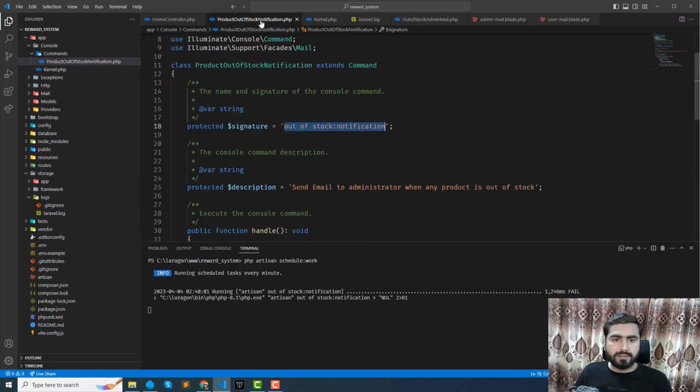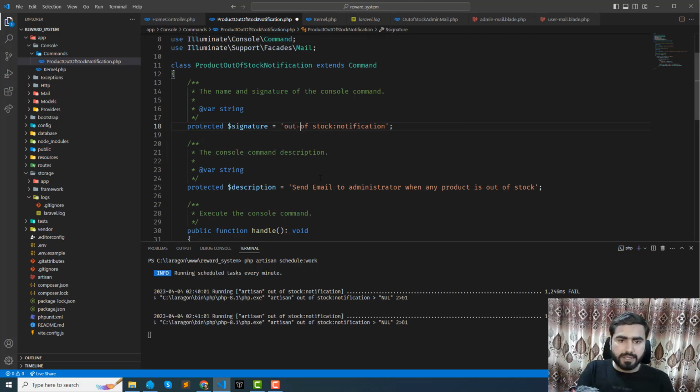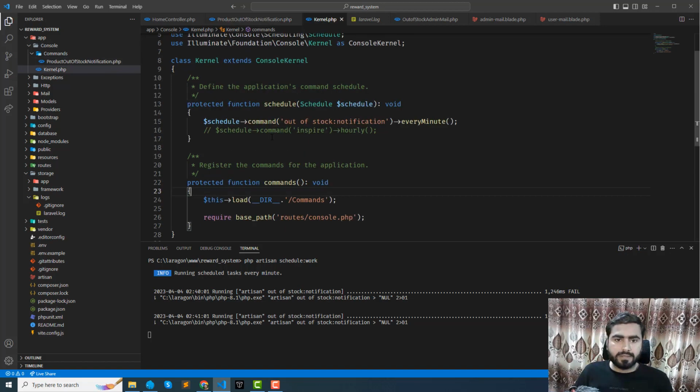Maybe my name is wrong here, I added this space, so that's why it's defining it like this. So out of stock, and you can copy this